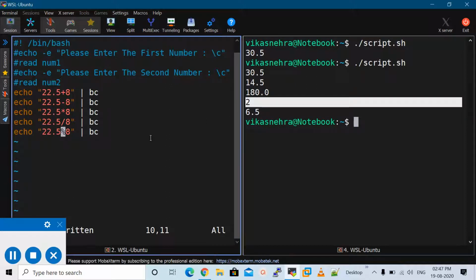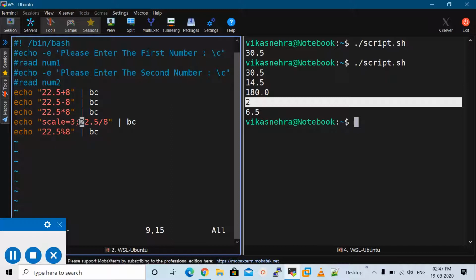For that we need to mention the scale operator inside the double quotes like this. Let me mention here scale, then we have to specify up to how many digits we want the accurate value. I want the value up to 3 decimal places, so I will mention 3 here.